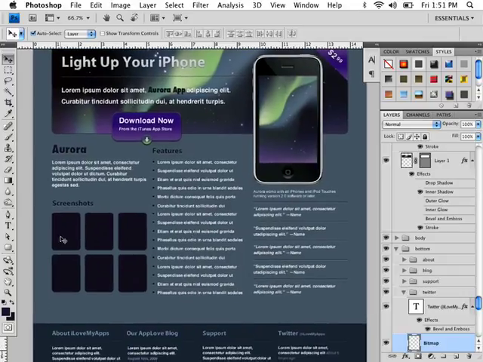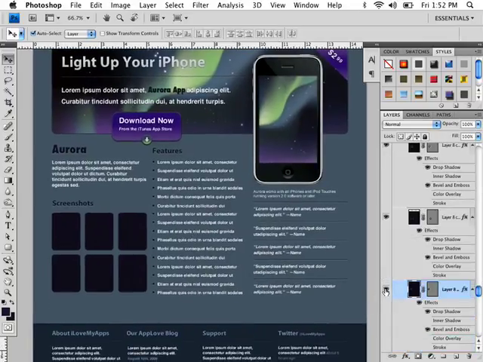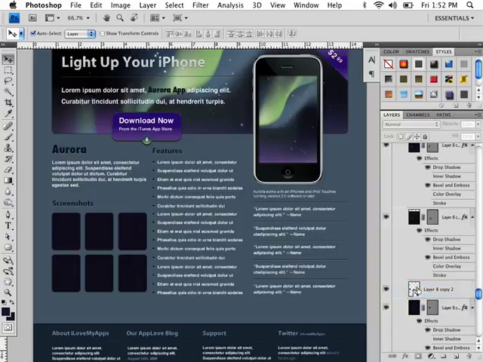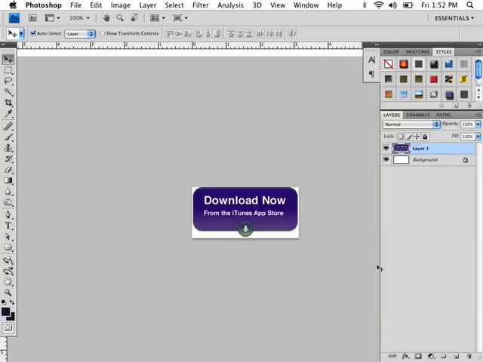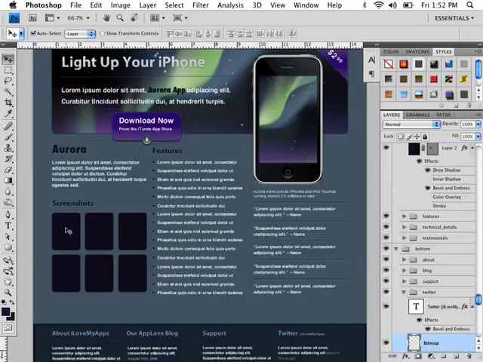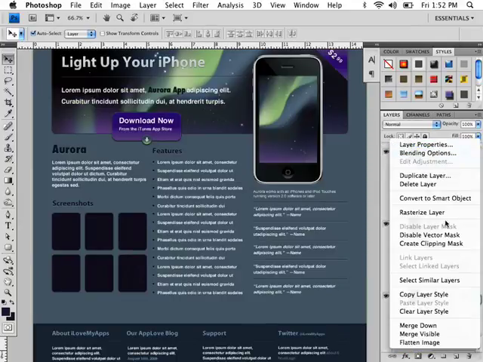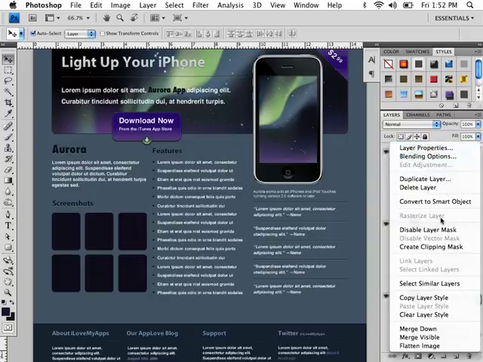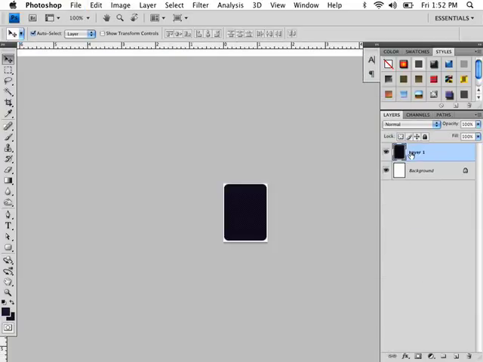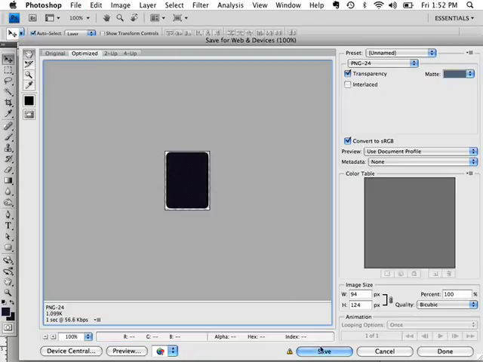Okay, so getting pretty easy. Now let's get this snapshot. Yeah, we can get that. Convert to smart object, copy it. Whoops. I must have done something wrong. Let's try that again. Try that again. Copy it, new, paste. There we go. And once again, it's going to be transparency, and we'll just call this